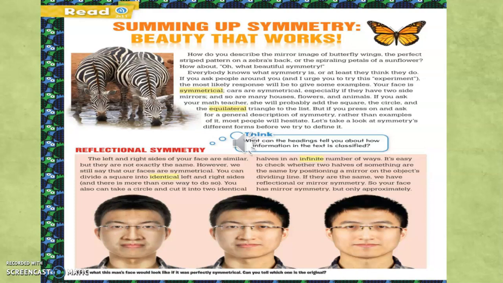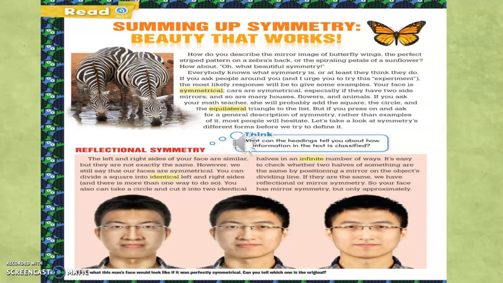Do you remember? Yes, a reflection means the return of light or sound waves from a surface, and it can be the production of an image by or as if by a mirror. So what is a reflectional symmetry? That we place a mirror between an object on the line of symmetry and it shows us the symmetrical pattern. That means the two identical shapes. So is it clear? Yes.